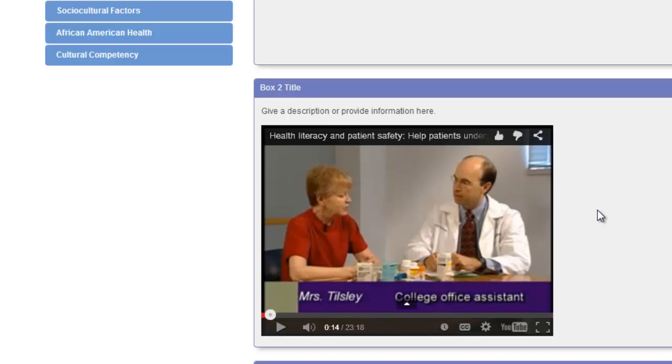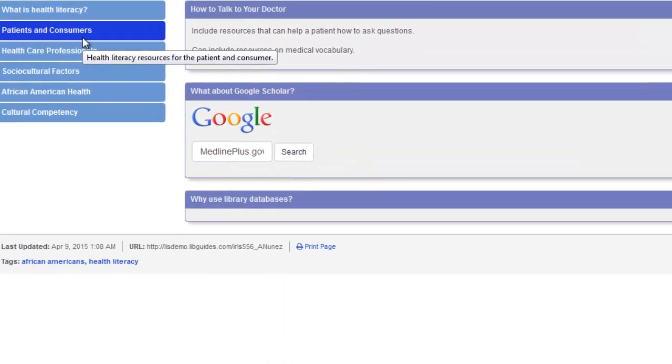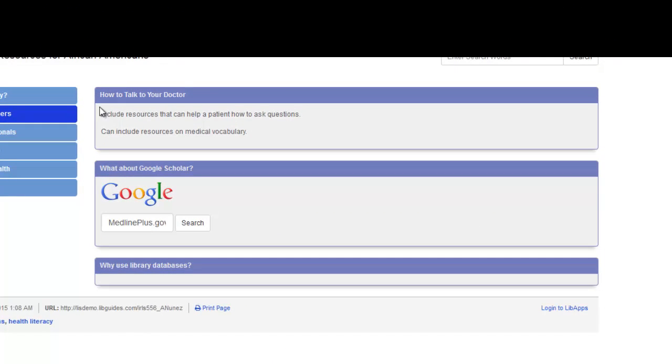So this is one of the features that you could potentially use. I'm asking that you use two elements or two features that are in the list on the handout. And so in this case, I used a video. Okay, I'm just going to take a look at the patient and consumer. Here, again, some more information of what you might want to describe. Here's a title in one of the boxes. And here is